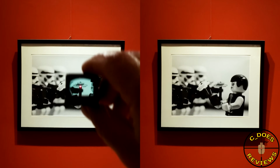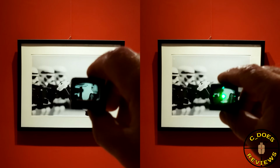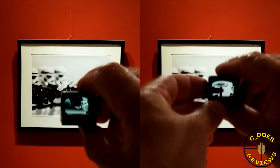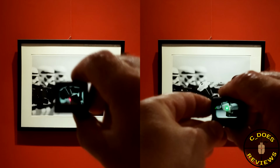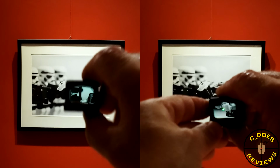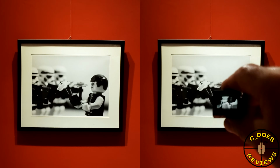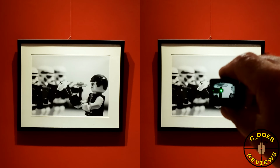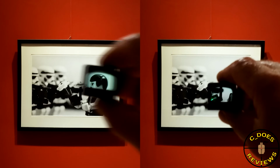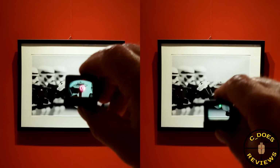Dot size is only one part of the equation. The other part is going to be overall lens distortion and color distortion. On the right, the green MOA dot versus the red dot on the left is going to have much less tint to the glass as opposed to the red. I don't know why this is. I'm sure there's some sort of calculation that all these companies have to crunch numbers into and have it spit out. And for whatever reason, the green, as you can see, has almost no visible tint to the glass,